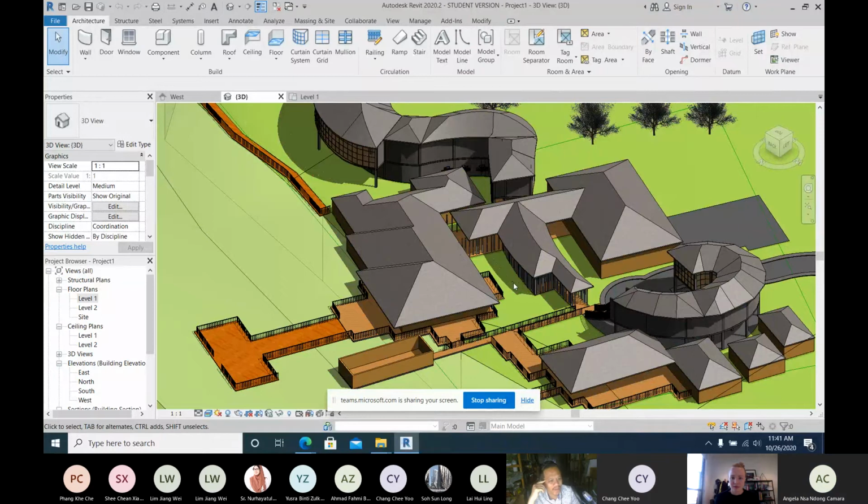So maybe it's not the right system to use, or maybe we can opt for a simpler metal decking roof or something. But yeah, you should improve on that, improve on the control of geometry.